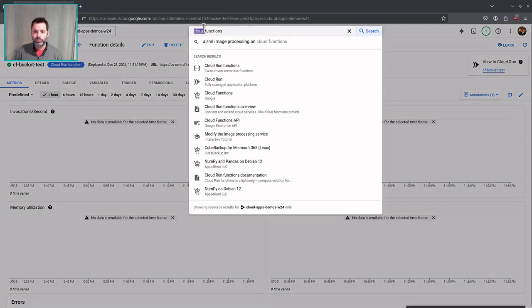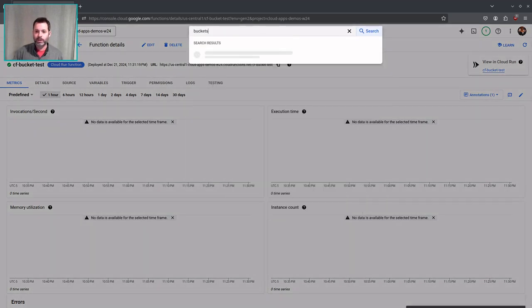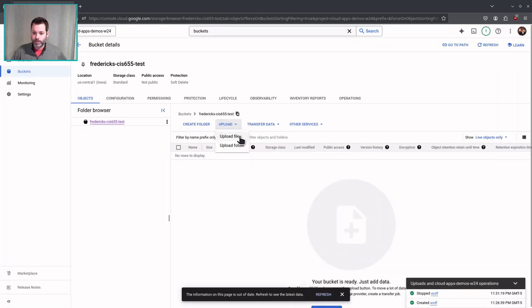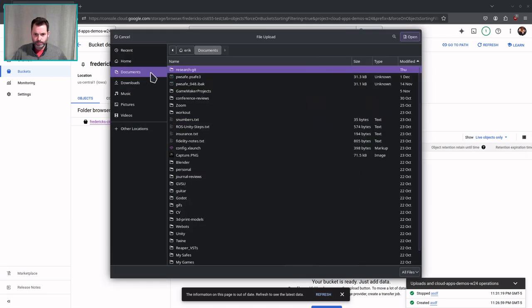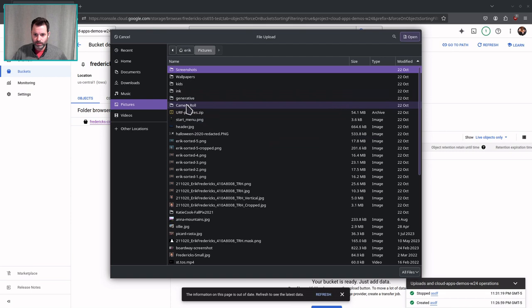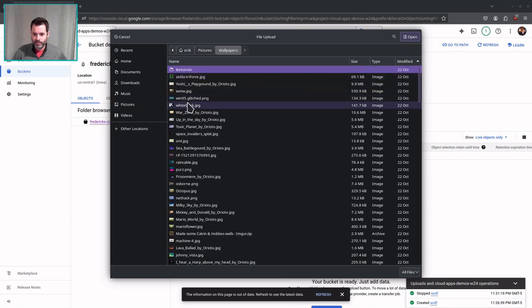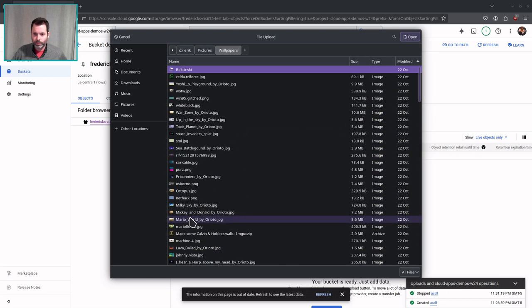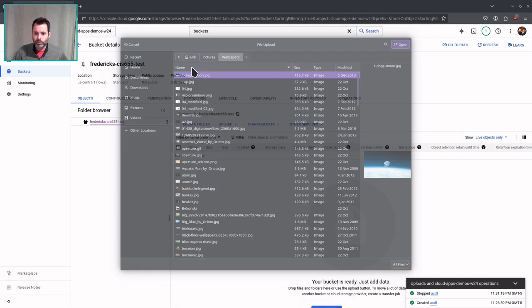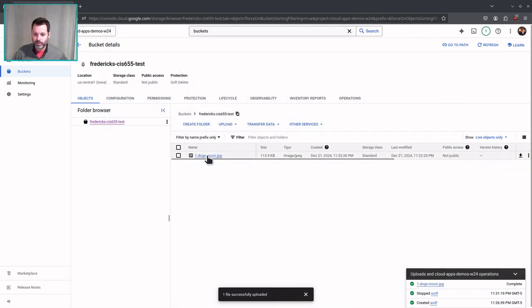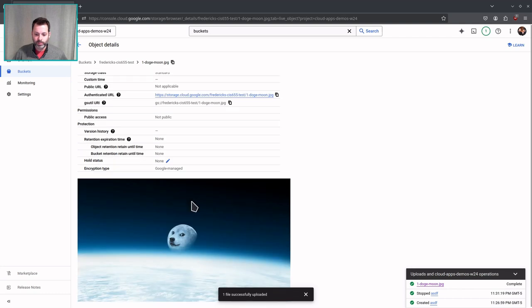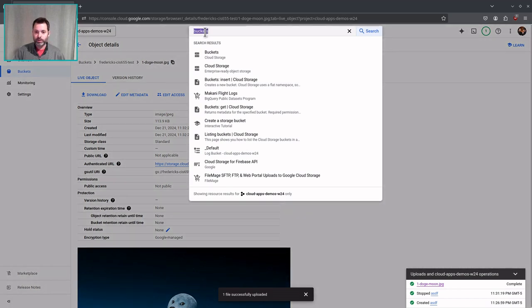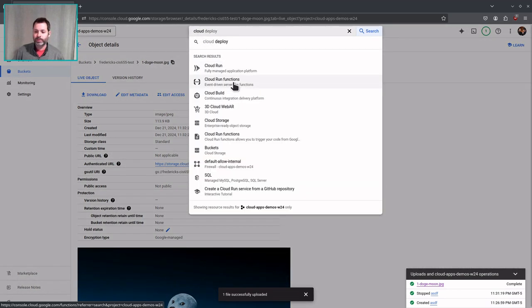But if I pop over to buckets again, here's my bucket. I'm going to go ahead and upload a file. Let's see, wallpapers. Oh, it's ordered by date. All right, one dog moon, perfect. So I've got one of my favorite wallpapers up in here. I don't see anything exciting going on, but if I pop back over to my Cloud Functions